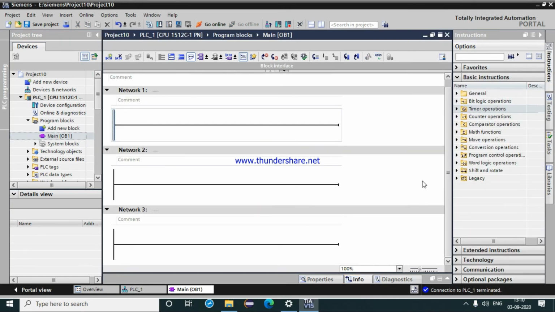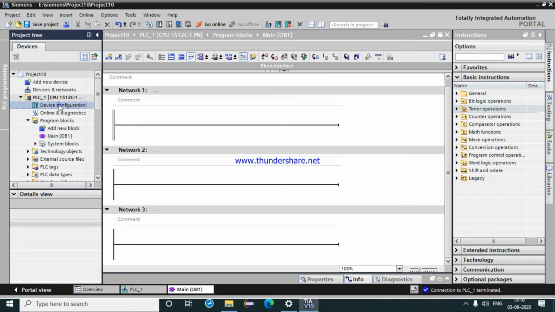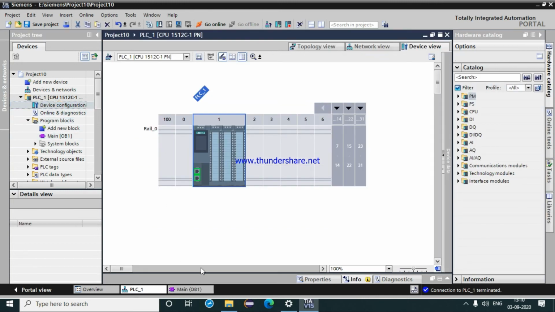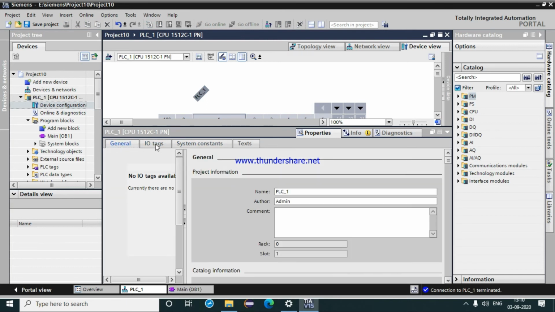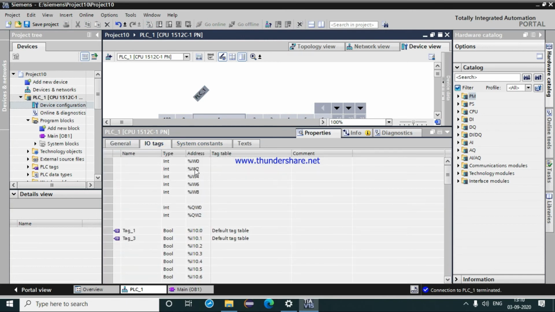Okay, so the next part that we will be looking at is our analog. Now we saw the functioning of our digital inputs and outputs. Now we will be looking at our analog inputs and outputs. For analog inputs and outputs, the tagging that we will be using, we'll look at it in our device configuration properties, the IO tags.